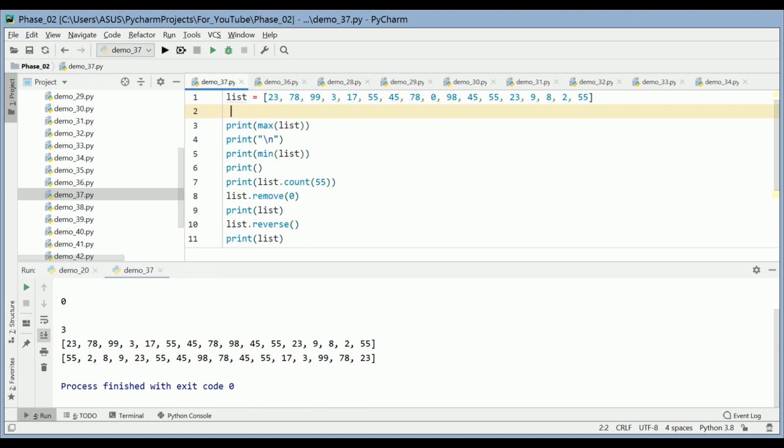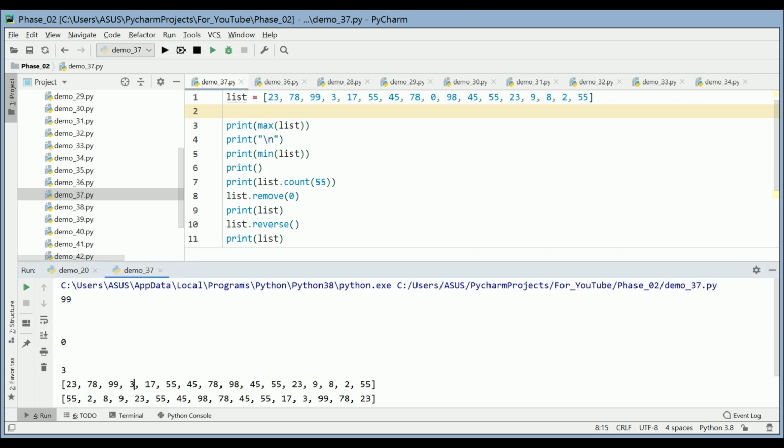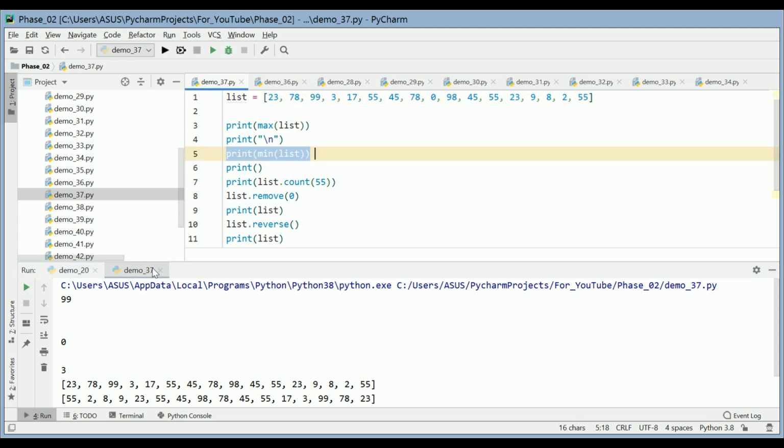Okay, print max. What's the maximum value? Okay, the third member is the maximum, right? What's the minimum value? This is the structure. Yes, 0, and the member 55. How many times did it repeat? 5, 1, 2, 3. This is calculated, and